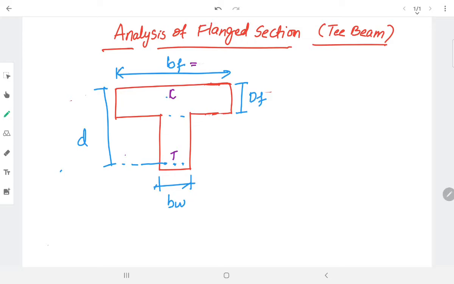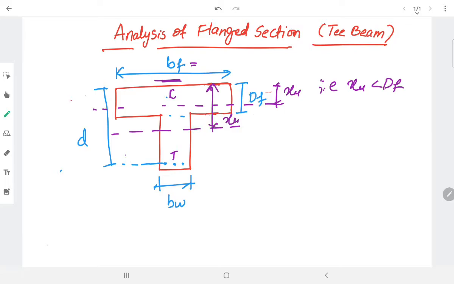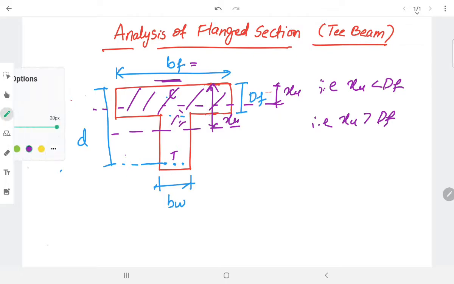Suppose the breadth of flange is quite high. In that case the area will also be high, so the depth of neutral axis may be within the flange, that is xu may be within the flange, which is nothing but xu less than df. Or sometimes if the breadth of flange is very less, in that case the neutral axis may be here, that is xu greater than df. It depends on the area which will carry the distribution, that means the compressive as well as the tensile stresses. Here we need to calculate whether xu is greater than df or less than df